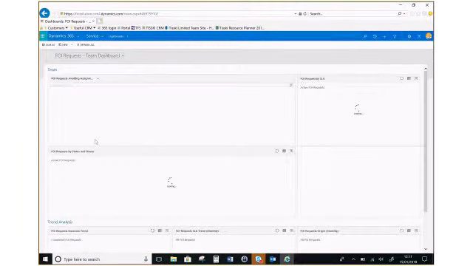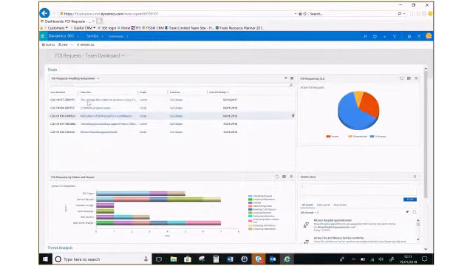And then controlled by security, we have a team dashboard, which allows a more managerial level to see how their overall team is performing. So it shows a list of all of the Freedom of Information requests that are awaiting assignment. So when a Freedom of Information request is received into an email queue, it'll automatically create a case from that and put it into this view, so the manager knows where to allocate this work out based upon this grid down here, which shows the amount of capacity each team member's got and how they're progressing with their Freedom of Information requests. It also gives an overview on a team level of how they're performing against their timeframes,